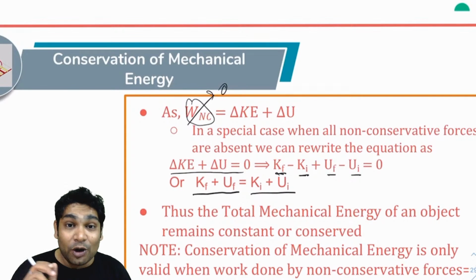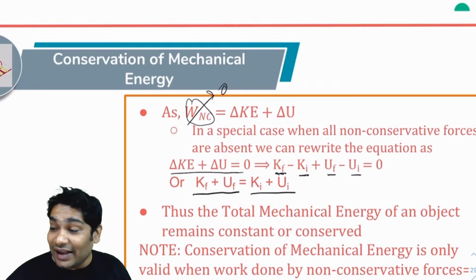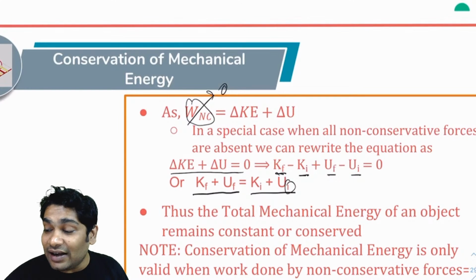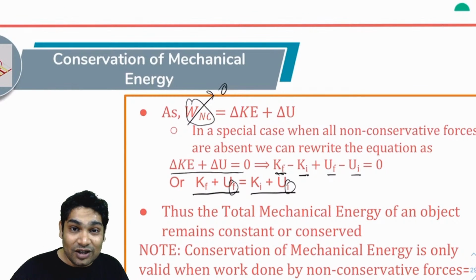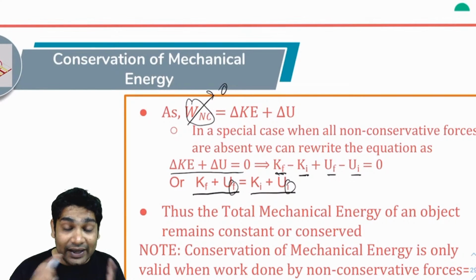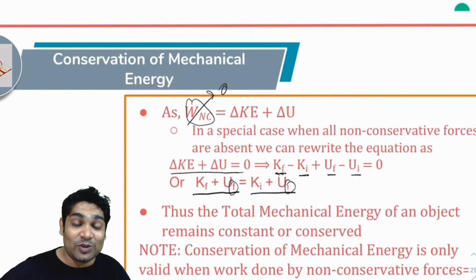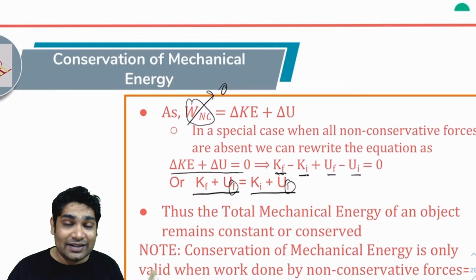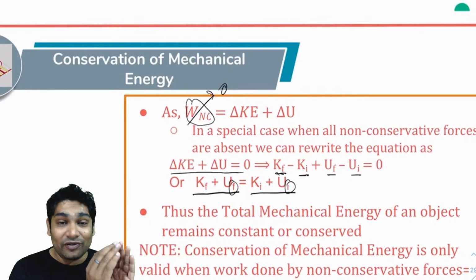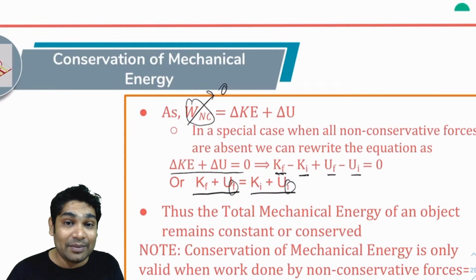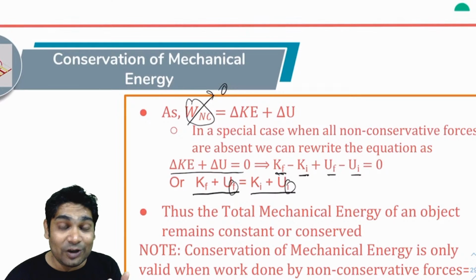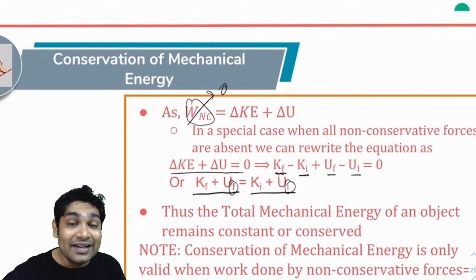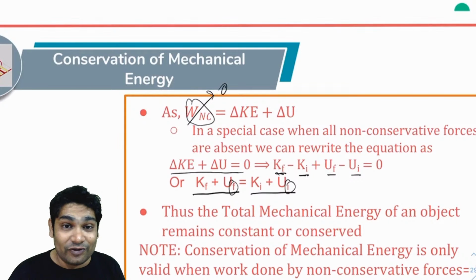You realize I did not decide which is my final and which is my initial. I can take any one moment as initial and any other moment as final. So between any two instants, in case there is no non-conservative force present, the sum of kinetic and potential energy will remain the same. The sum of kinetic and potential energy we call total mechanical energy. So we can say that in the absence of non-conservative forces, the total mechanical energy of a body remains